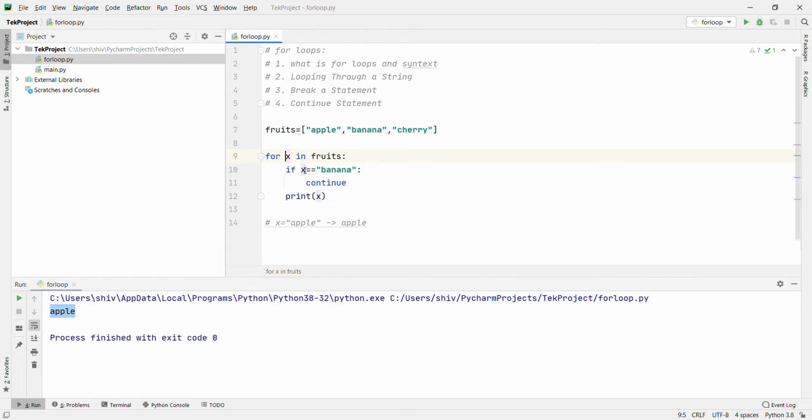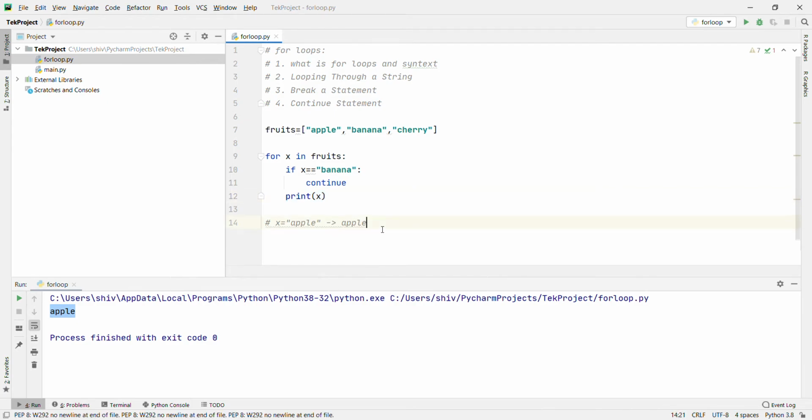Then it will check, okay, x equal to banana, right? The condition is true. Now it will come inside, right? What the break statement will do, break basically breaks the for loop and it will come out from that, right? But continue is not like that. When the if condition on x is true, continue will go back into the for loop instead of breaking it. Then it will go with the next one, cherry, and check the condition. If x equal to cherry, no, then it will not go inside and will print x.